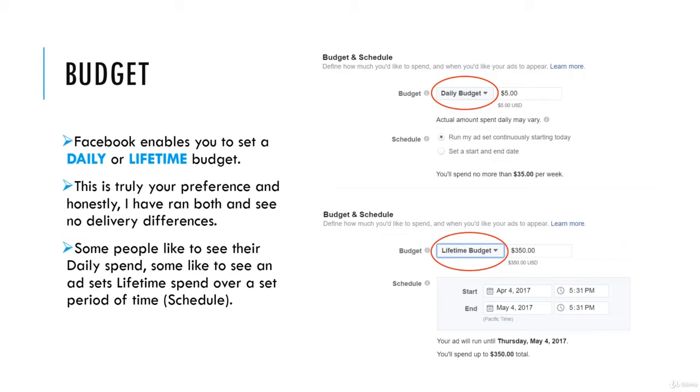So Facebook enables you to use a daily or lifetime budget. This is truly your preference, and honestly, I've ran many of each and see no delivery differences. But some people like to see their daily spend and calculate it that way, while others like to set a lifetime spend over a specific schedule. For the most part, I'm creating evergreen ads for my clients, so I'm setting that daily budget and running it